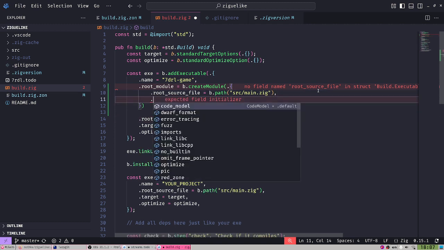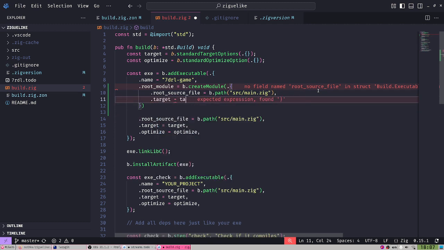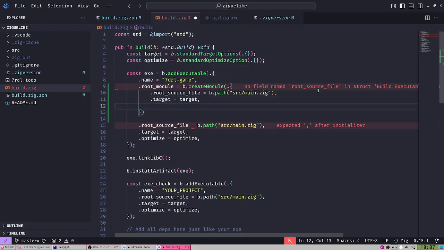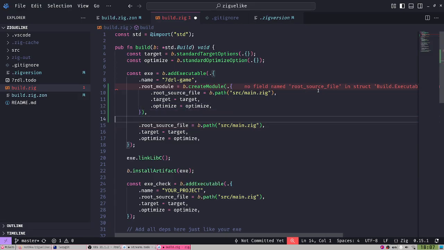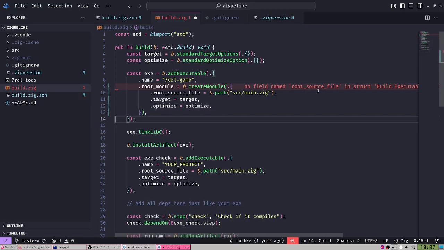So now we also define the target and optimize in here in the module. And okay, so here we go. Now we delete this, and that should work. Now that should be it when it comes to this part.